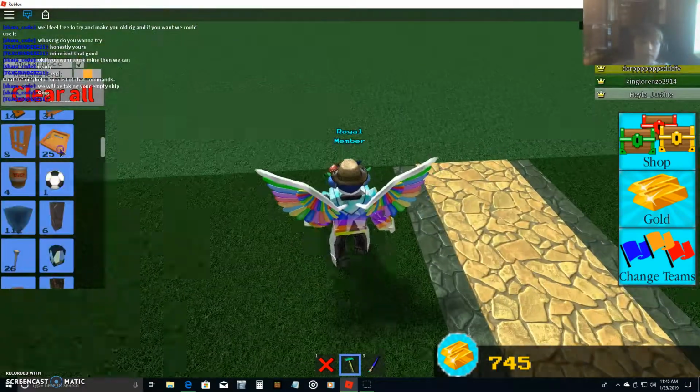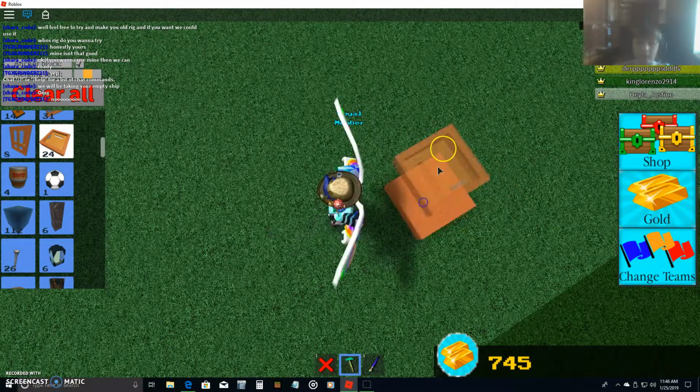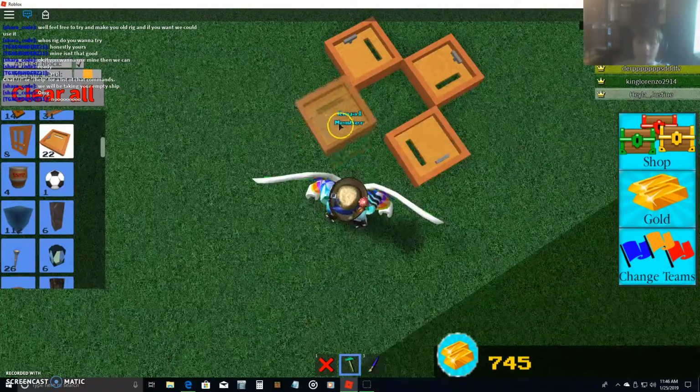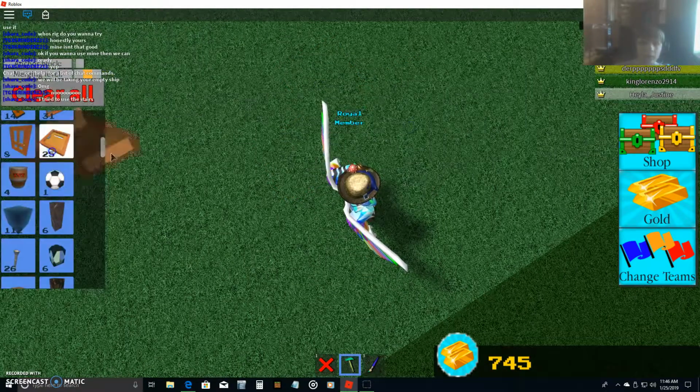I am going to be showing you how to get a soccer ball, well actually how to fly using only a soccer ball, 4 trapdoors that I am putting down right now, and a chair. Crap, I'm anchoring my block. Anyway, so what you really want to do is just...